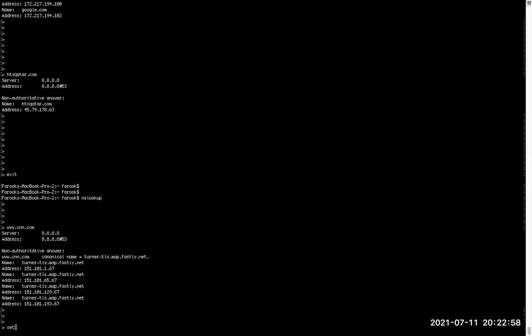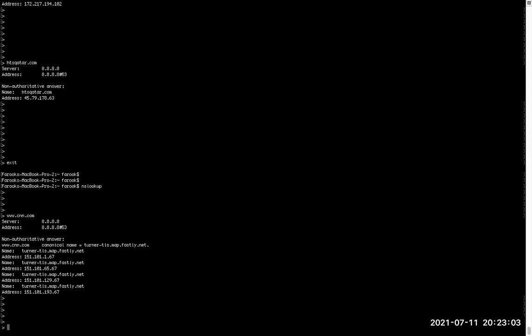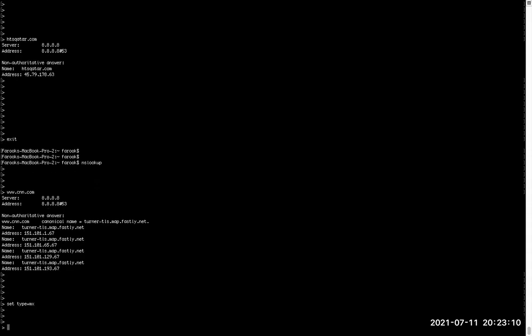There are some other options like server. I will come to that, which is very important for you when you are configuring Active Directory. Here, set type is equal to MX. This is not NS, don't confuse. This is MX. I know most of you don't know that. This is important in the current scenario because many people are moving from other hosting companies or an Exchange server to Microsoft 365 or Google or something like that. At that time, they will ask you to make some changes on the MX record.